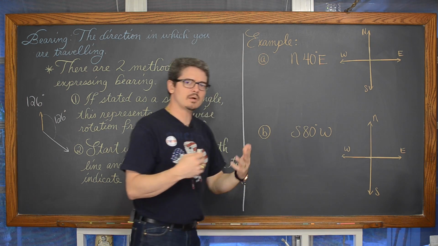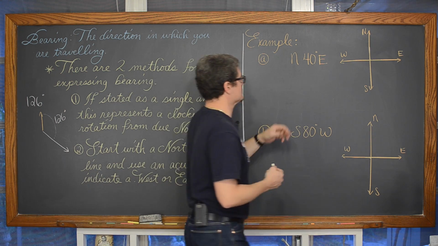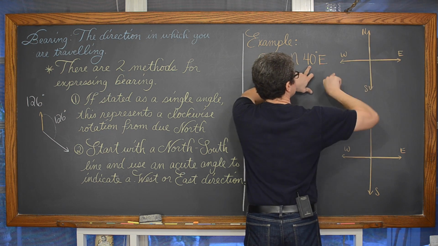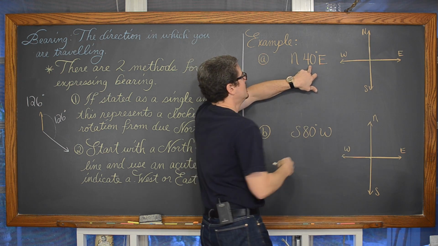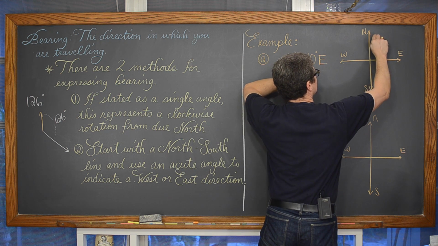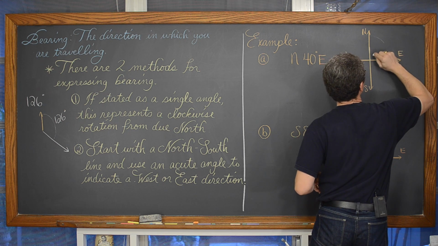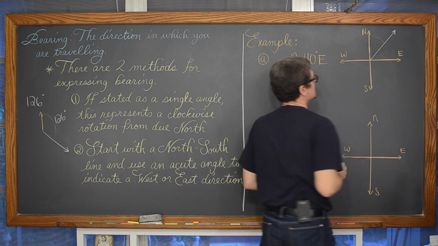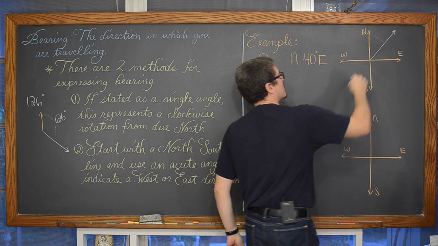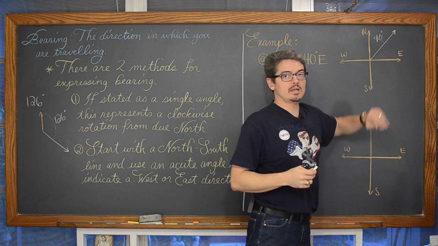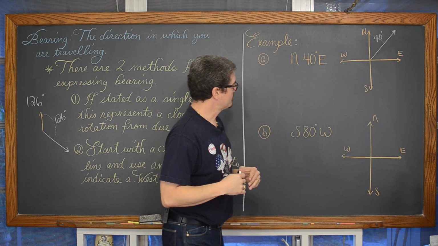We're not talking about positive or negative angle measures here, so we're just going to say, well, here's north, south, east, and west. East is to the right, if you will, and so we're going to, from north, rotate, okay, again, no protractor, but approximately 40 degrees, and it's going to look like a direction such as that, with 40 degrees in between the actual arrow indicating bearing and north.